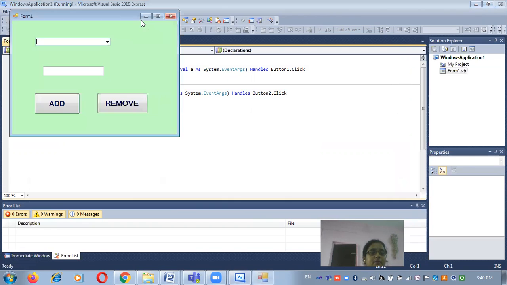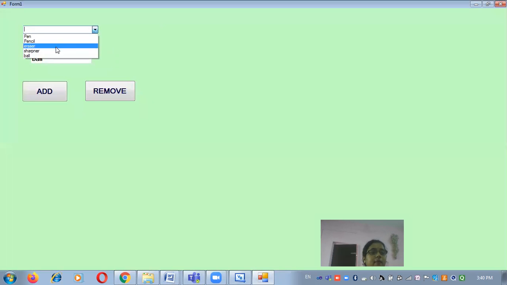Then compile it. For example, if I again add the item ball, ball is added. Now if I want to delete the sharpener item, you just select that item and remove it, and check your list. You can see the sharpener is removed from the list.